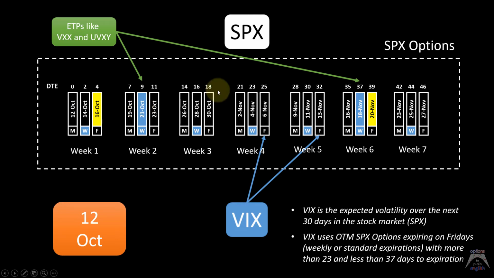So if these two contracts are in contango, meaning that the back month is higher than the front month, then you're going to be selling cheap and buying expensive contracts. In this case, this is going to act as a drag on the actual ETPs,